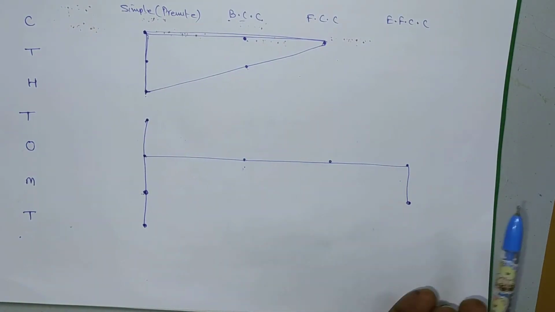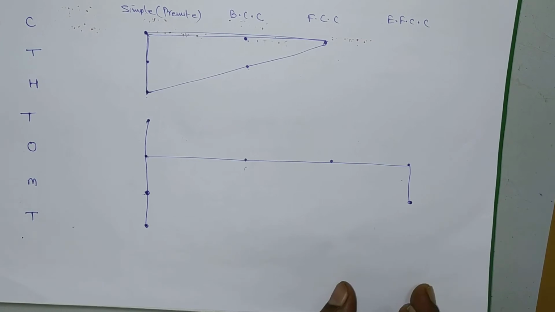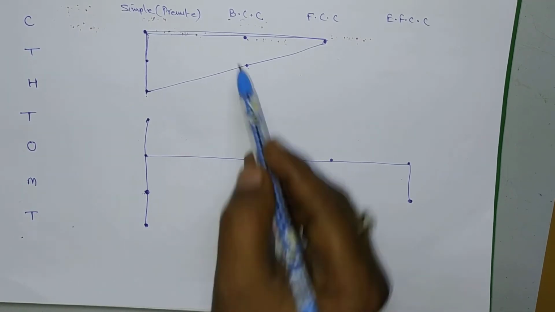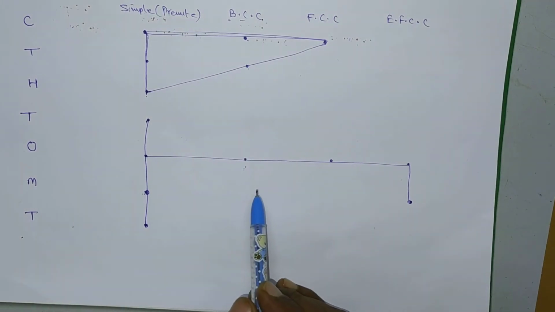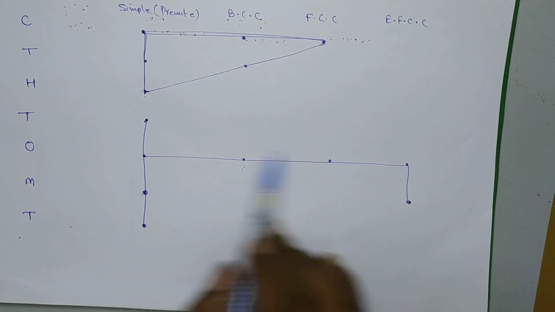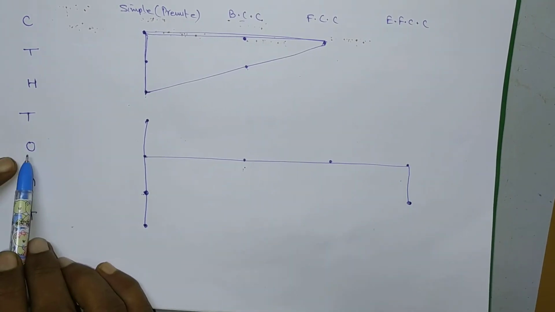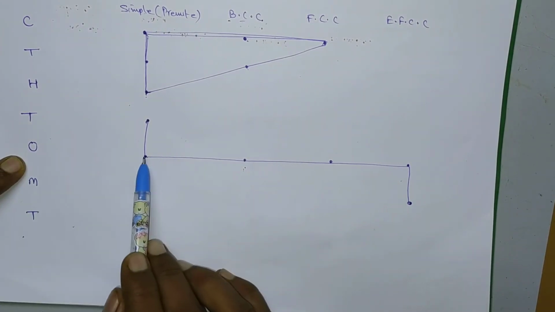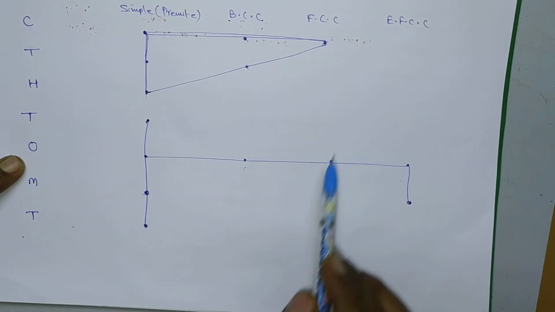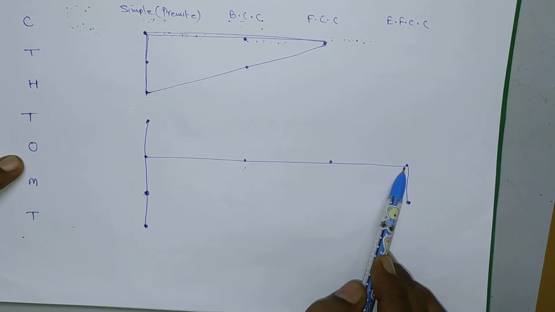So he asked so many questions based upon this chart. If you remember this chart, you can solve so many problems. So here there are 3. So suppose he asked to predict, which type of crystal system has 4 types of lattice systems? So here it is orthorhombic. So orthorhombic has 1, 2, 3, 4. Simple structure is there, body centered cubic structure and face centered and also end face centered structure.